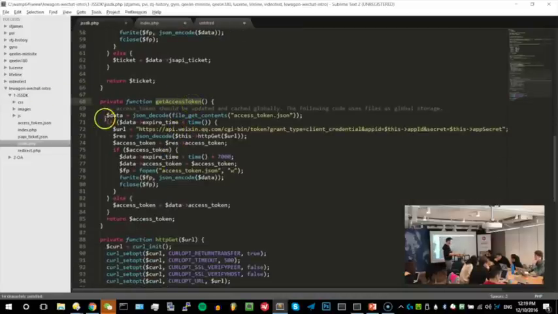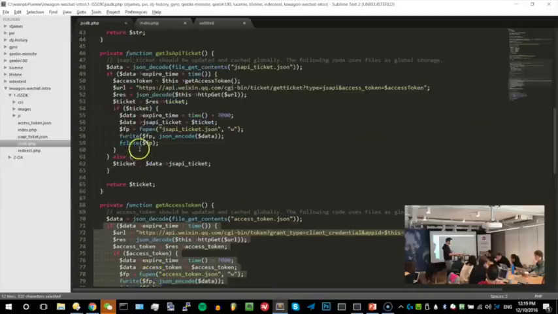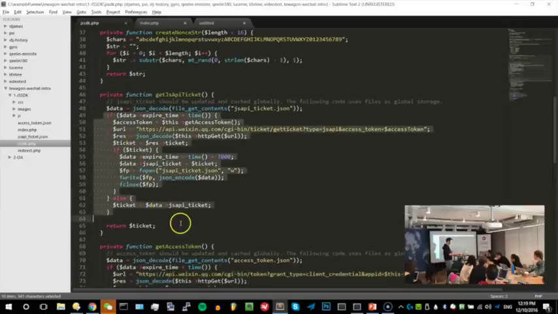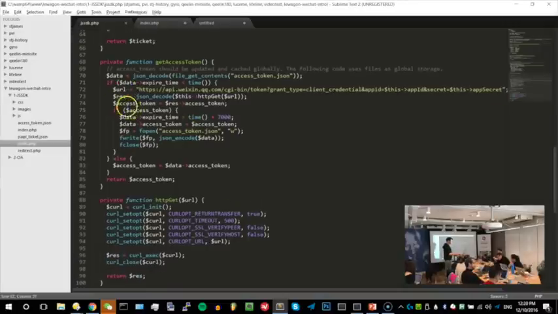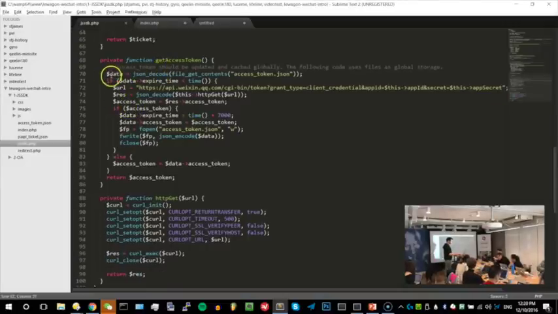If you see the code of those two functions, get access token and get JavaScript tickets, it's almost the same. Only the name changes. Why? Because we're doing very similar stuff. If we go to access token, it's going to do exactly the same code that we did on the ticket.